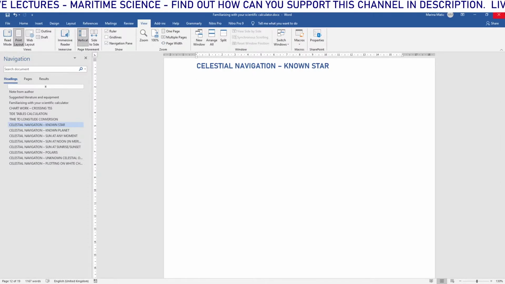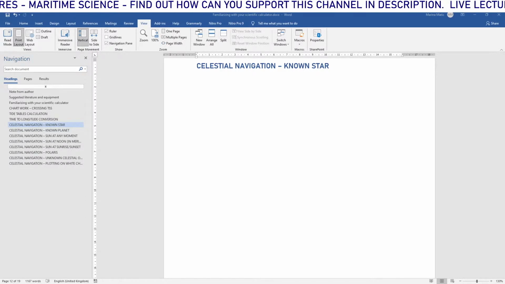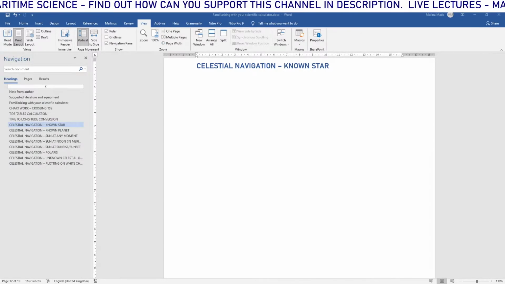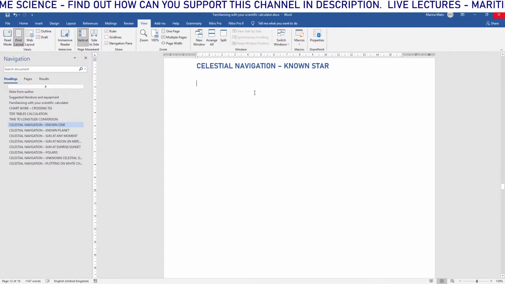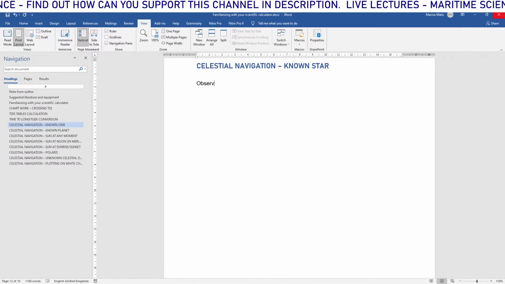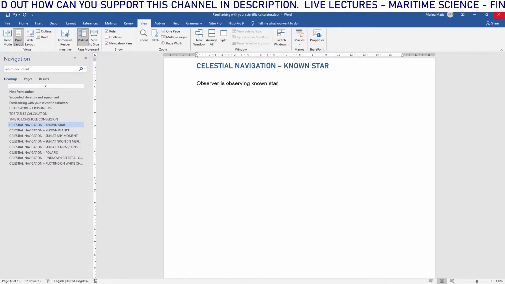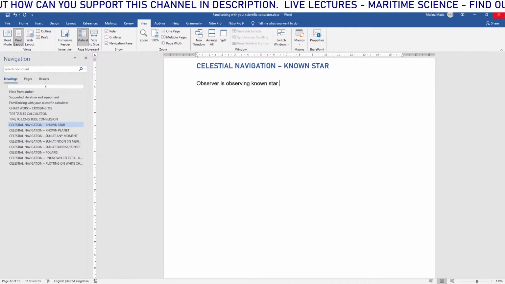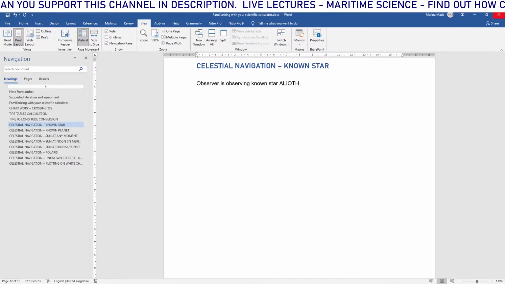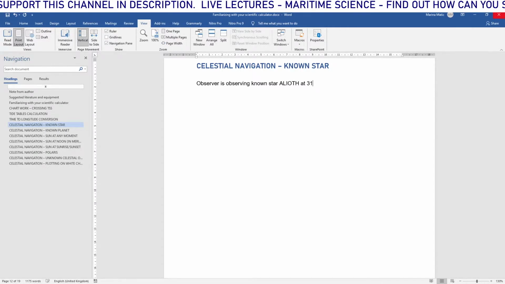If you want to make some comments or ask some questions as I create this document, you are free to ask. So let's start. The first thing is, when we have a known star, we also know the date. So let's say the observer is observing a known star, and we need to know the name of the star. For the purpose of this document, the name of the star is Alioth. That is one of the navigational stars, and the date is